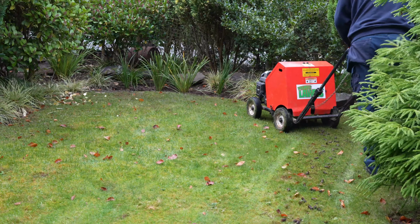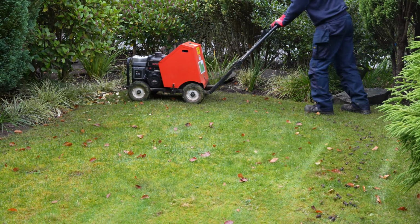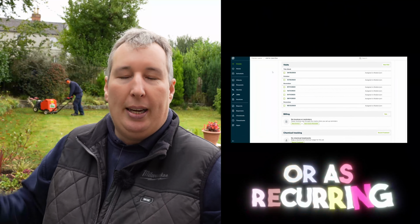So we're here today to do the first renovation bit, and then we'll be coming back to do additional lawn treatments. We can set that up to come a week, 2 weeks, 3 weeks, 10 weeks, as often as you want. However,